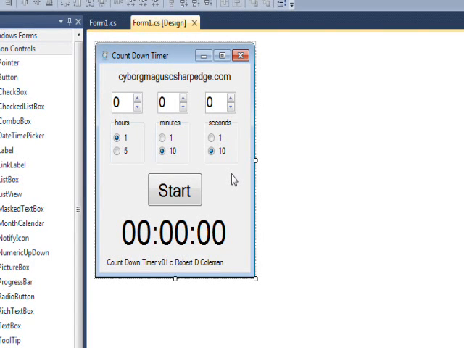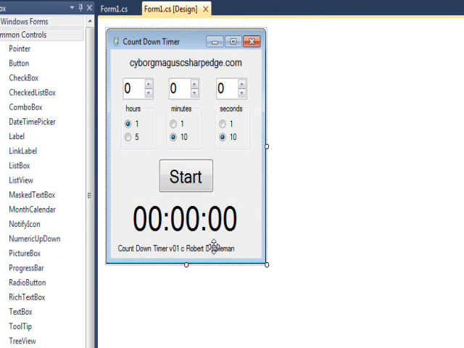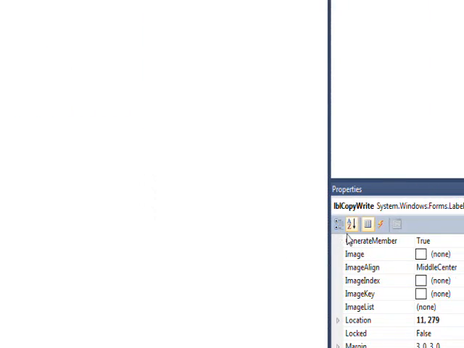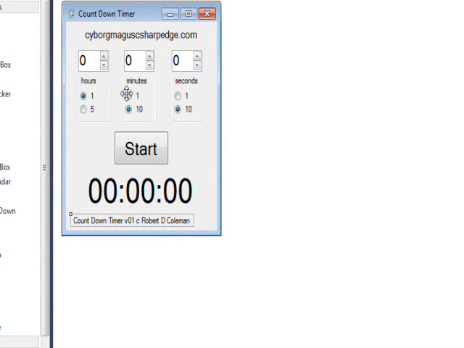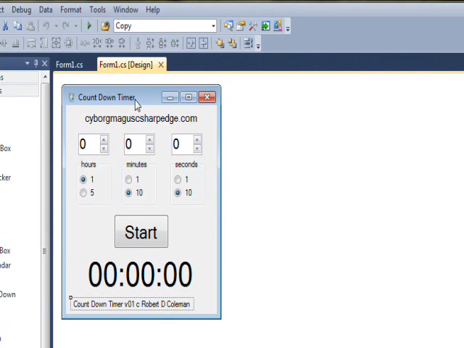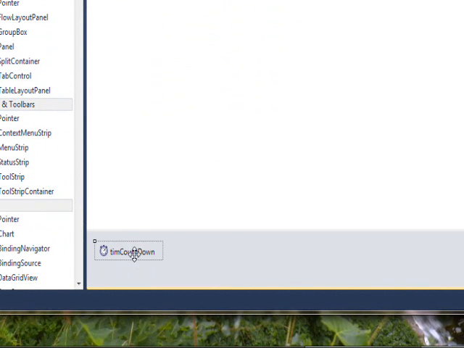I honestly thought I was done with the countdown timer with 3 videos, but once I get involved in a program, it's hard to stop being involved. And basically what I added is first a copyright line at the bottom of the program, which is a named label called LBL Copyright. And then in terms of the code, really I only added 1 line, and that's in the countdown timer component,